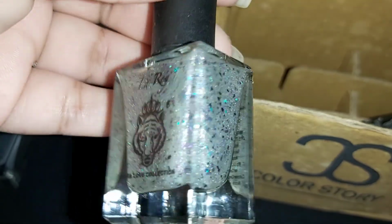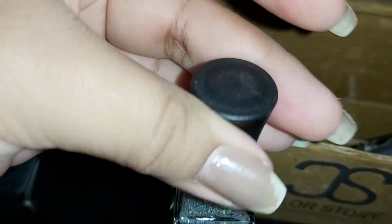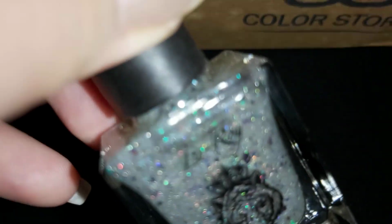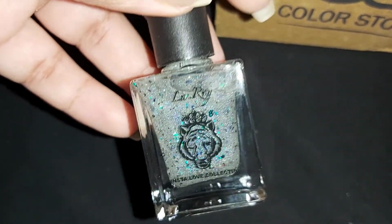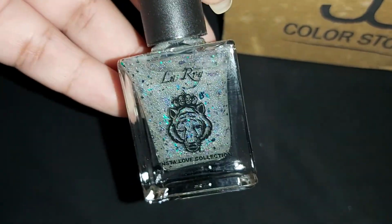The name of this nail polish is not mentioned here, and even I totally forgot about it. I guess like the last one which I had, the name of that nail polish was Mind Blown. I don't know the name of this nail polish, but it is another top coat from Laroy, and you can apply it over normal nail polishes